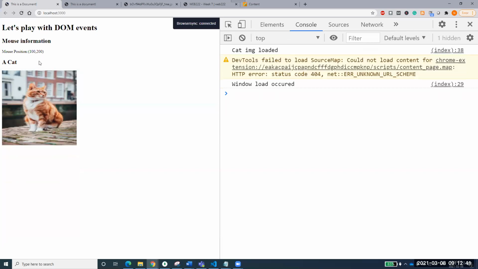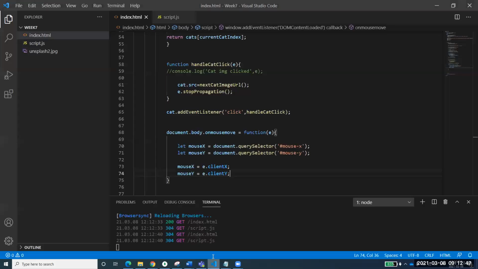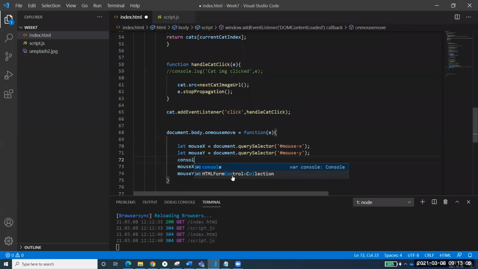So I don't see any change over here. It's not showing the clientX and clientY. And why is that? Can anyone of you tell me? This is very important. Can anyone tell me why it is not showing the clientX and clientY? No, these values are returning. These values are coming from e.clientX. Let me just tell you one interesting thing from your question. No, that is not the case.